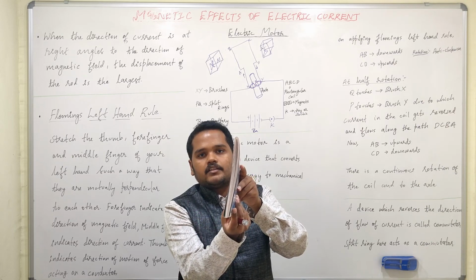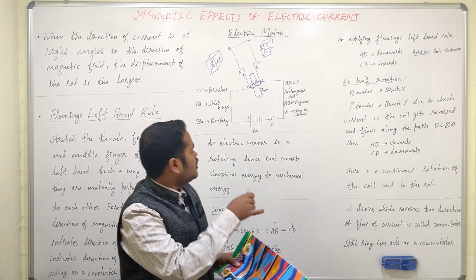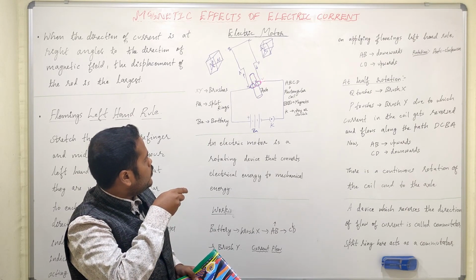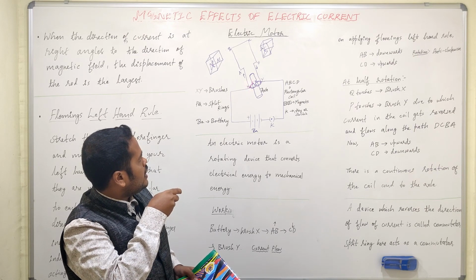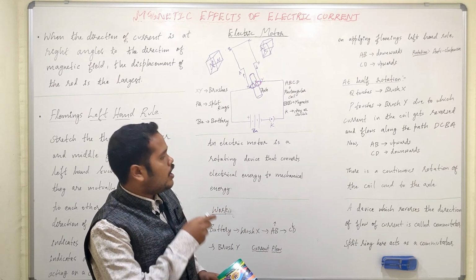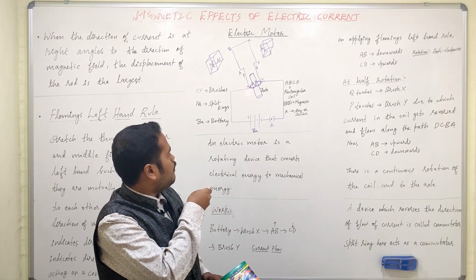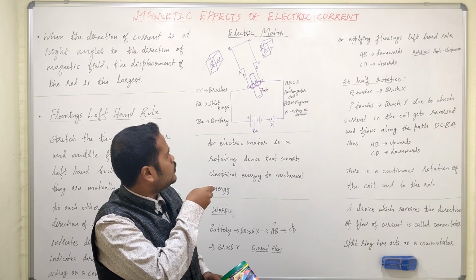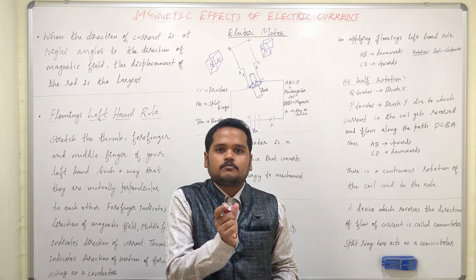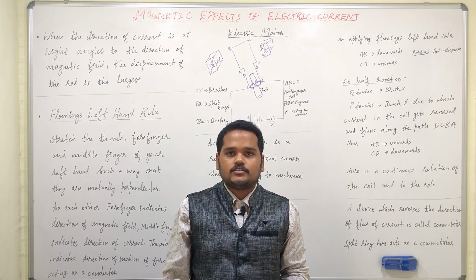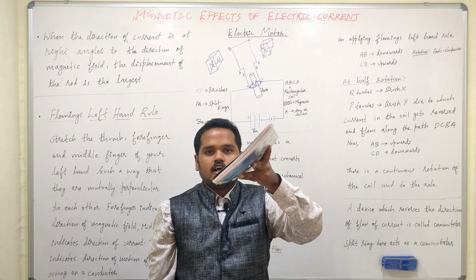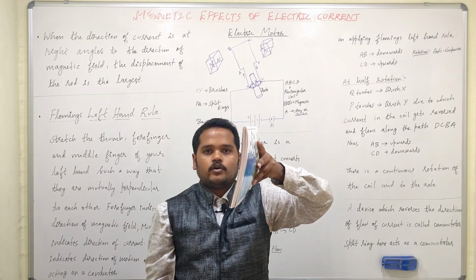Now by the time this has happened in the rectangular coil, what has happened in the split rings is, here you can see P and Q are the split rings. Split ring Q has come towards brush X and split ring P has gone towards brush Y. So because of this change in the split rings, the current reverses its direction. So right now, in the first half, AB goes downwards, CD goes upwards.